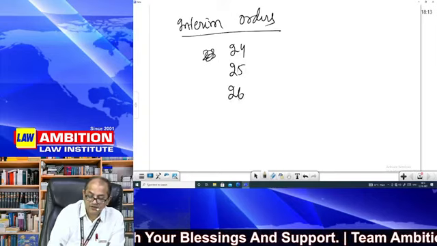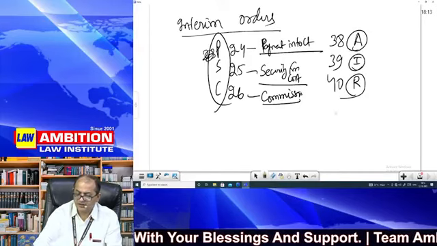Now this is PSC, I hope. No? C for commission, PSC. This is security for cost. You just check it, and this is payment into court. PSC, Public Service Commission, and this side AIR, receiver, injunction and attachment and arrest.